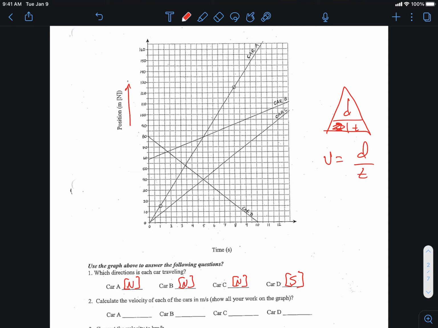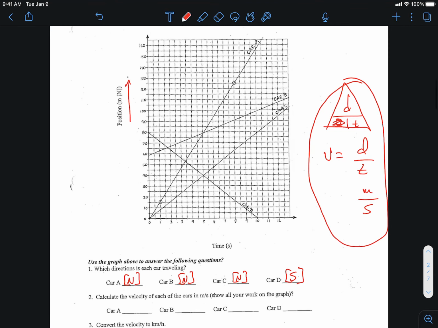Or from yesterday's lesson when we talked about dimensional analysis and looking at the units, we know that a distance could be measured in meters and the time could be in seconds. Right? That's where this triangle came from. So there's no need to memorize a triangle. It's understanding what the units are trying to tell you. Okay. Now, if we go one step further,